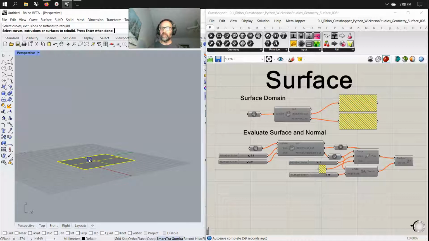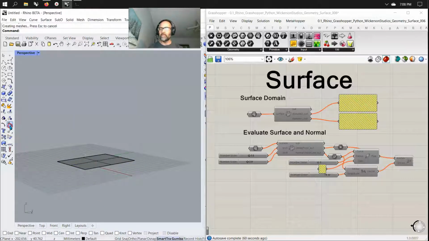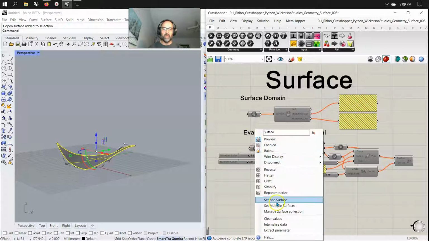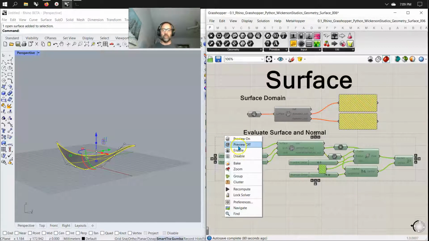Let's just do a rebuild. Hopefully it's low numbers. 10, no, we want to do something smaller than that, 4 and 4, just to have a smooth transition after an edit. Put my points on. Here we go. I'll pull up a couple of them here in this direction, this one in this direction. We've got a nice little surface there that if I just grab the surface and pop it into here, set one surface and put this one on, I think I was just doing a basic script,